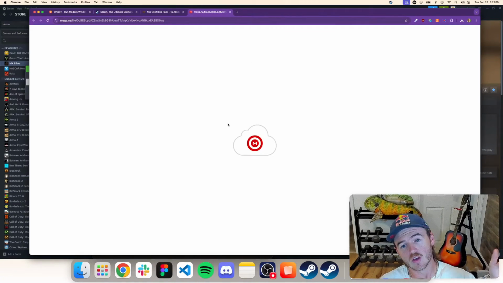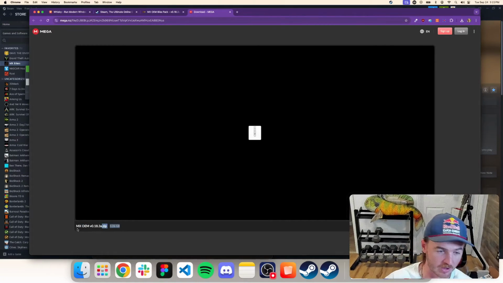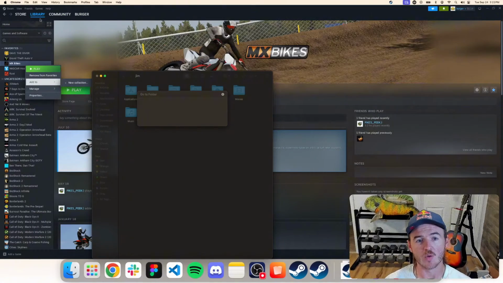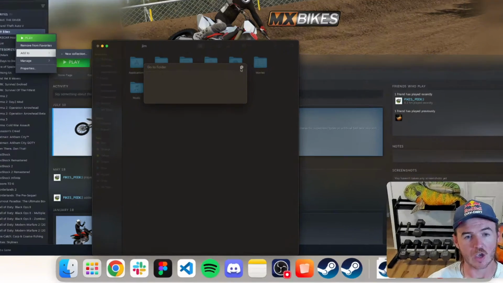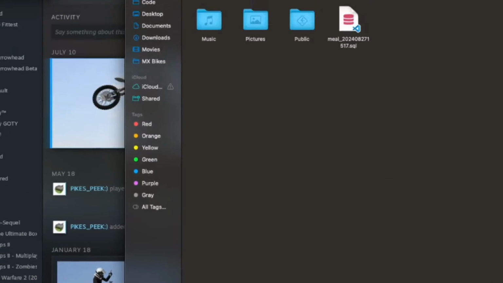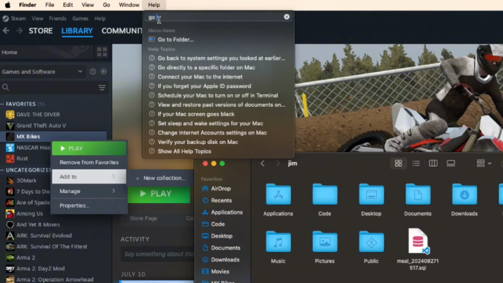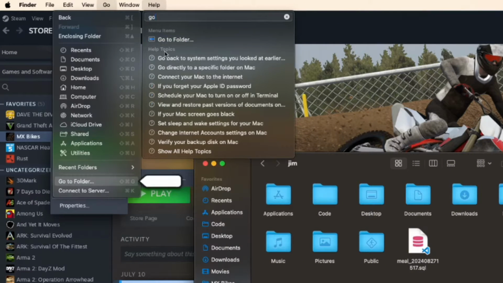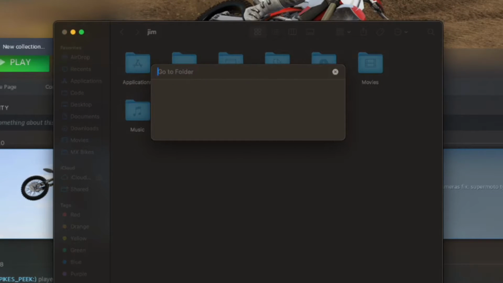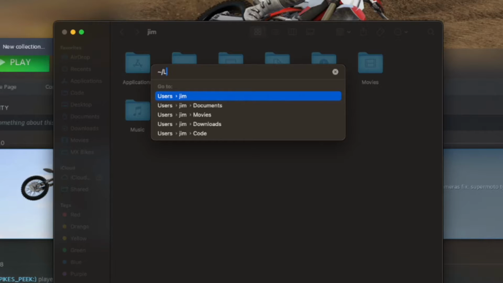Download this. Once you've downloaded this monstrous 3.2 gigabyte file, unzip it, and you want to find your mods folder. You can find your mods folder by going into Finder, going up to Help, and typing in Go, click Go to Folder, then you want to type that squiggly little line there, /library, containers,